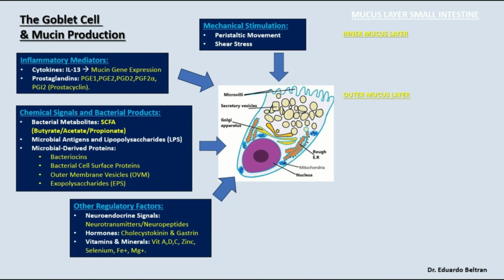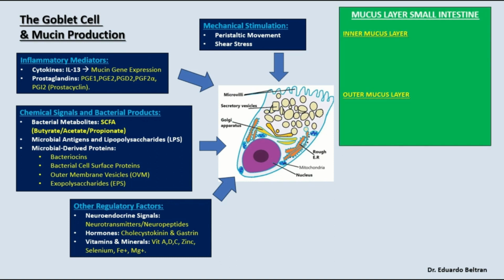All right. Now, when we look at the mucus layer of the small intestine, it's important to recognize that this mucus layer is divided into two different layers. We have an inner layer, also known as the inner mucus layer, that is in direct contact with the enterocytes, right? The inner lining. Now, it has a series of characteristics, okay? So first thing you have to know is that it's made up of a type of protein known as MUC2 mucin, all right? And it gives this layer a gel-like dense aspect, and it's highly glycosylated, which gives it exactly that